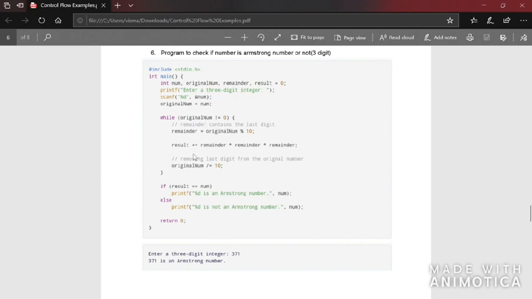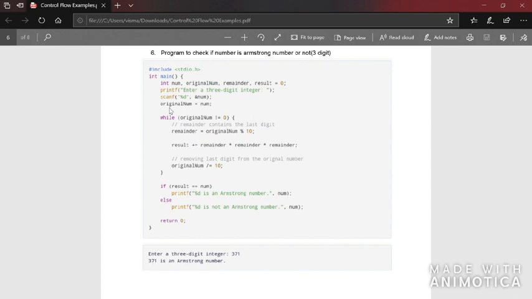After that you're checking if the sum of the cubes of the digits is equal to the actual number. If it is equal to the actual number, it is an Armstrong number, else it's not an Armstrong number. The reason why you're storing the number given by the user in another variable is that you're changing the value stored in this variable. Once you keep on changing the value, at last it becomes 0. So you won't have a value to compare the sum of the cubes of the digits with.